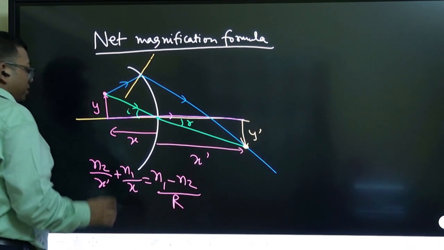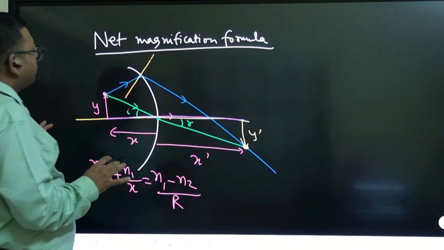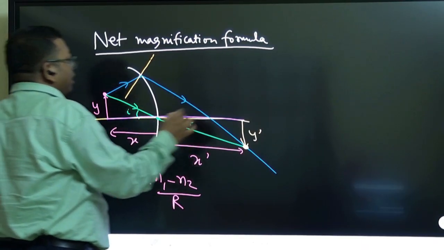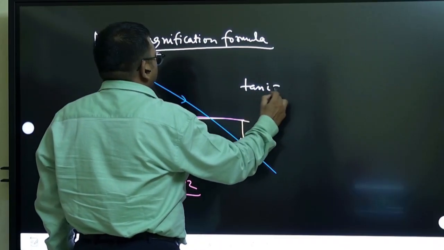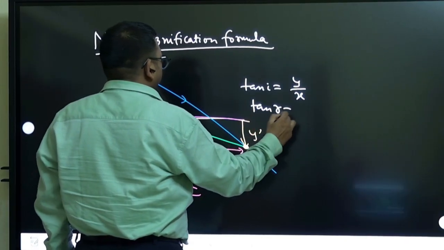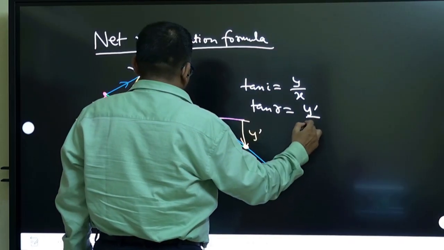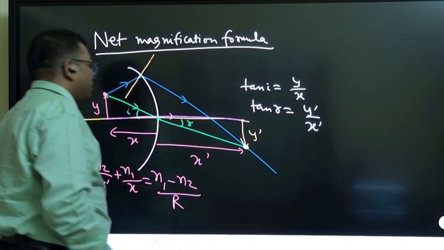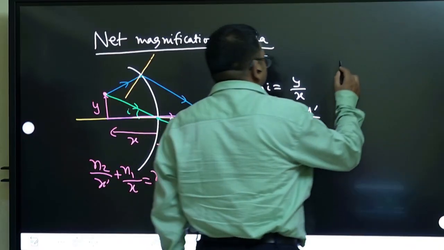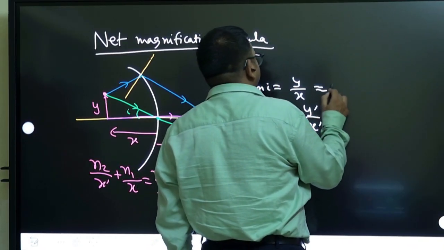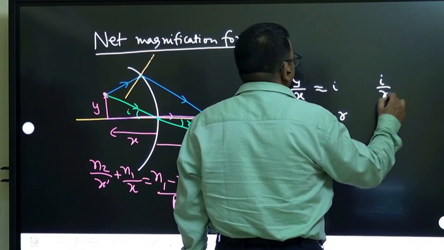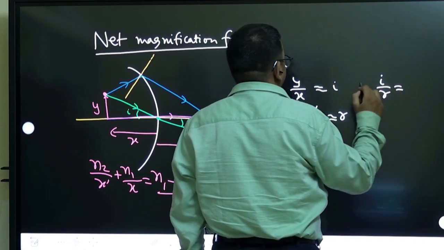Okay, right. Now let us try to find a relation between these. So note, very important this. If I use the tan i formula, tan i will be y by x, and tan r will become y dash by x dash. Correct. And tan i is very small, so this is the same as i, and this r is also very small. So the i by r ratio we are getting as